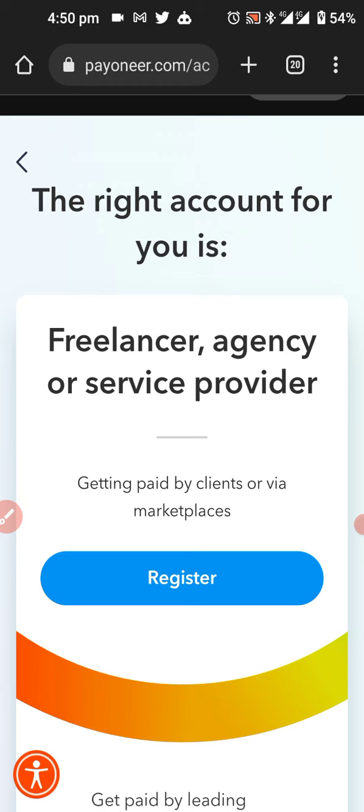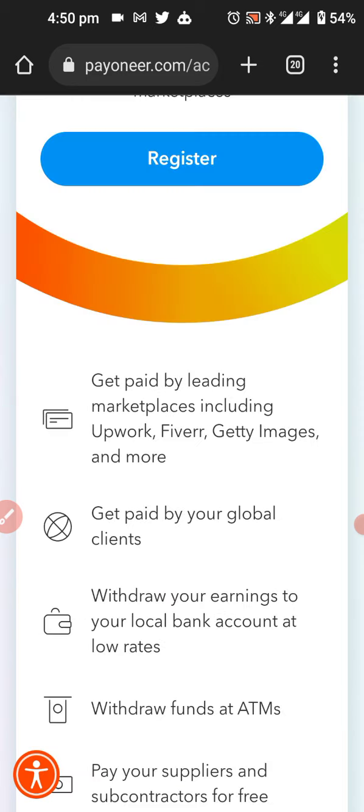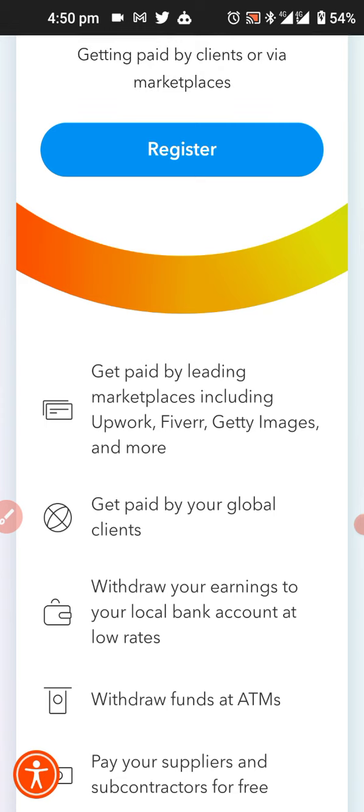Have I clicked it? What's going on? I'm trying to click it and it's not working. So I think my phone is